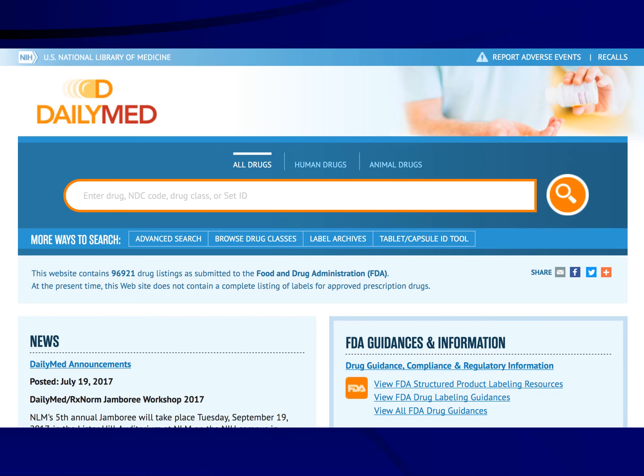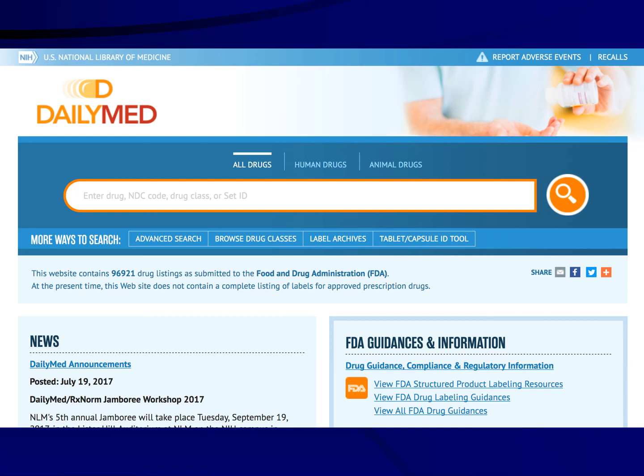In the U.S., the complete label of prescription medication is made up of several documents that are approved by the FDA. Some are professionally oriented, and then some are intended for patients and consumers. The first and most comprehensive of these documents is always the professional prescribing information, and this is often referred to as the package insert. And DailyMed is a website run by the National Library of Medicine that is a library